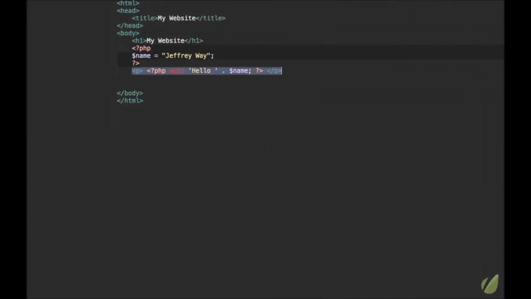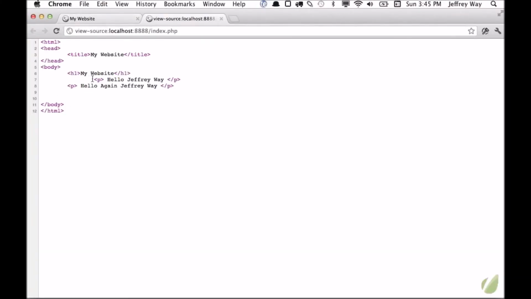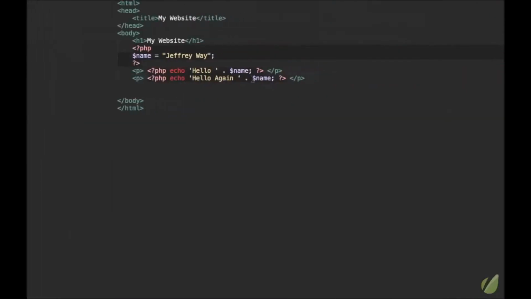If we add one more, and we'll say hello again. Reload the page. Now, those are both within paragraph tags right here. So you'll find that many times you need to figure out how to best organize your page so that it's as clean as possible. Another way you could do this is rather than closing out PHP, we'll get rid of